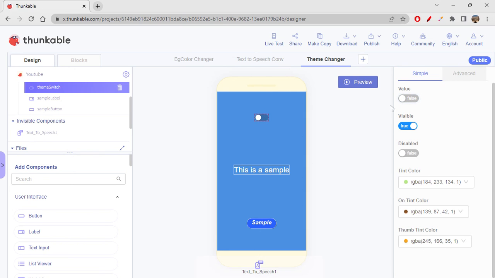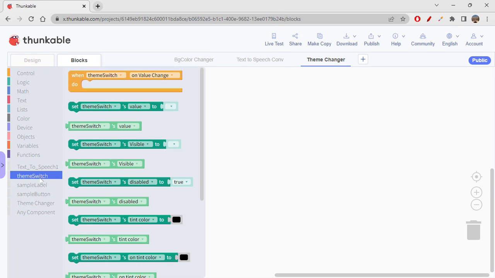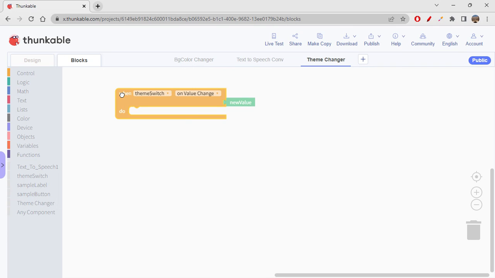So let's say value is false for now. When you turn on the switch, then what we'll do is we'll switch the theme of this screen completely. Okay, that is what I mean by theme changer. So let's change the theme of the screen. Now coming to blocks, so when theme switch on value change,